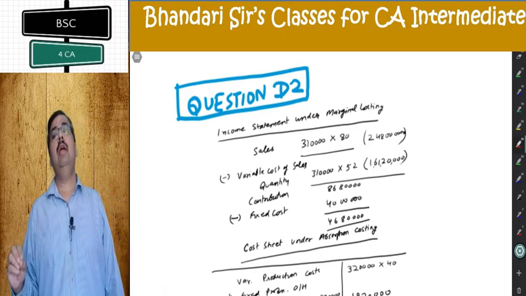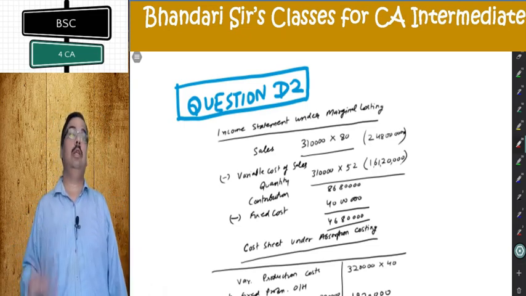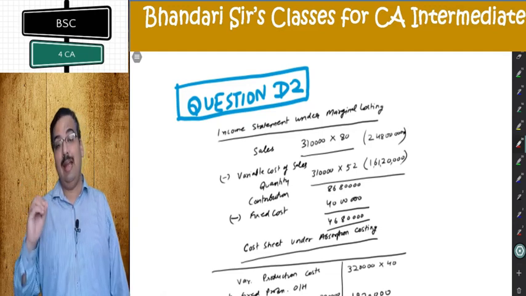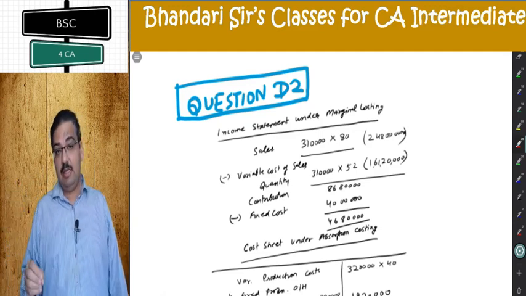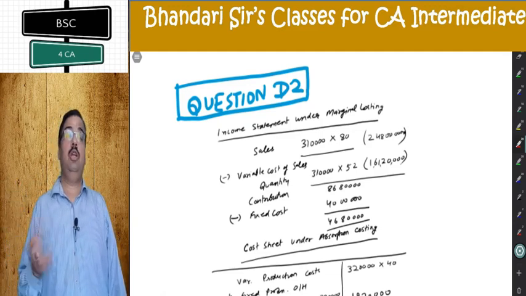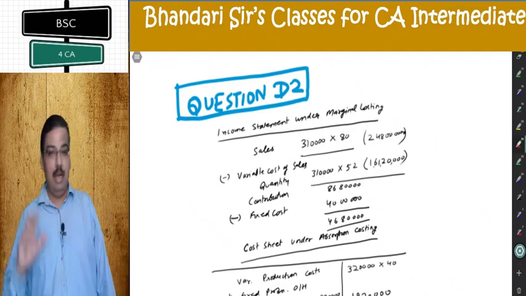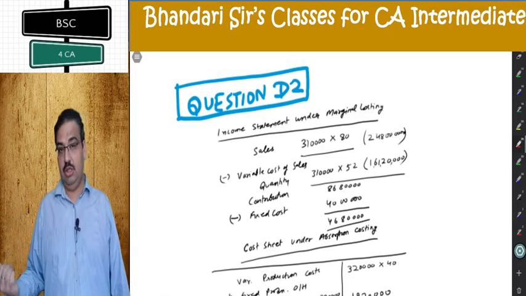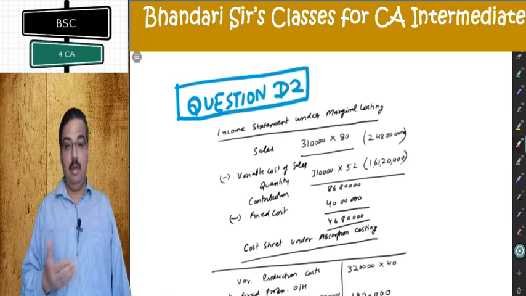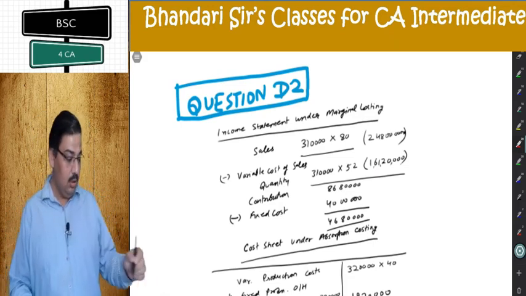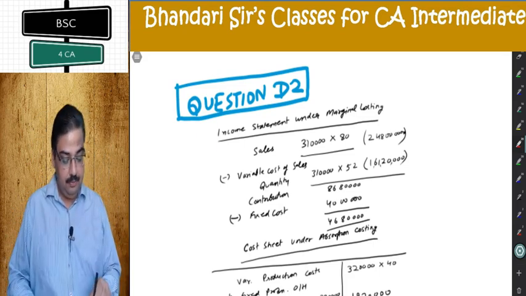When you are making income statement under marginal costing, we don't put any stocks there at all. Things are based on sold units. Production units are not relevant in my analysis. But that will be relevant when you make reconciliation statement and absorption costing statement. There it will be relevant. So let's go through the easier statement first.